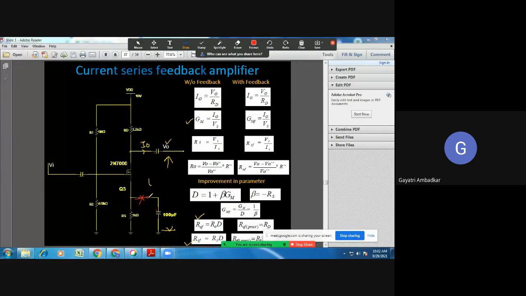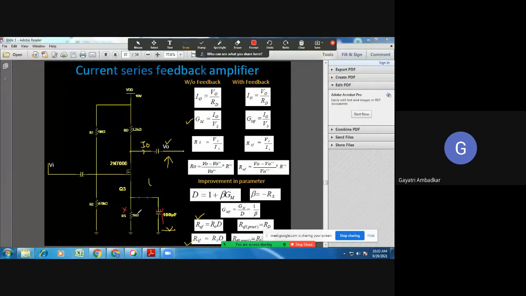When the capacitor is connected, there will be no feedback. The AC signal will be passed through this capacitor and there will be no part of the output voltage dropped here. So it cannot be mixed. So this is the amplifier without feedback. If you want feedback to be connected, open the switch,